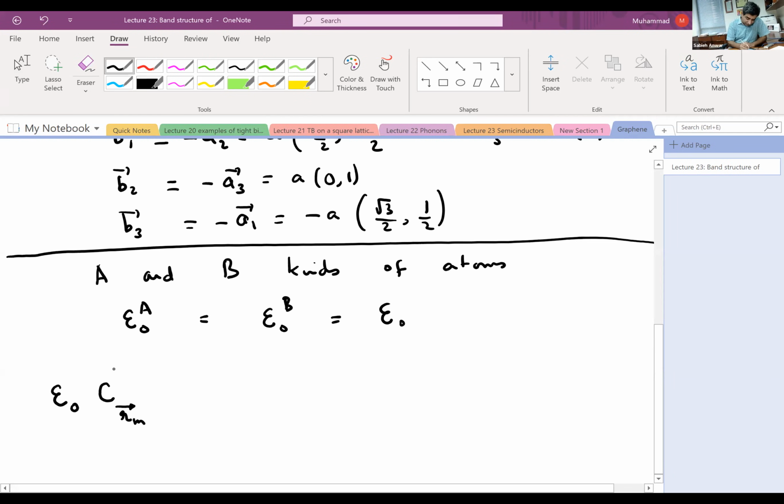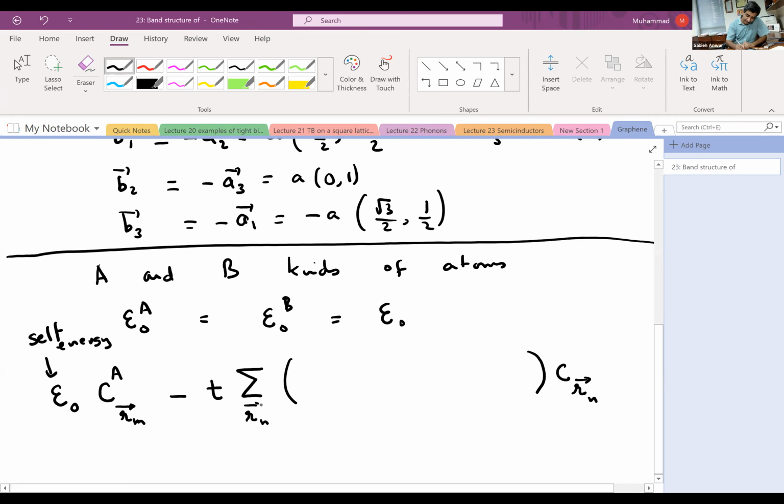And suppose it's of the A kind. So I have a term that includes the self energy for an A kind of atom. And then I need a tunneling parameter, which almost always looks like minus t. And then I have a string of Dirac delta functions followed by C of Rn, and I want to integrate